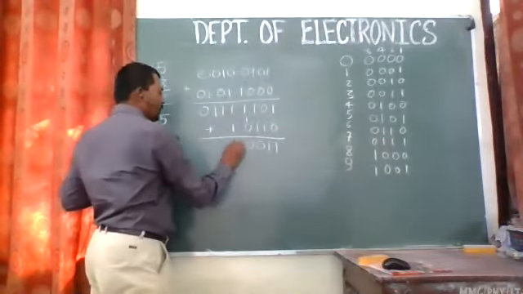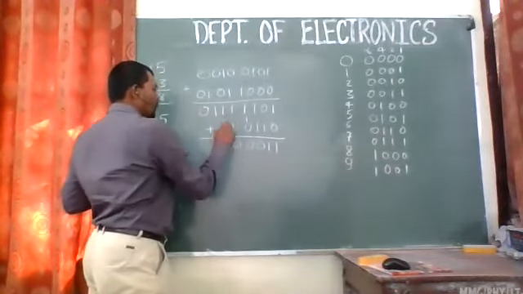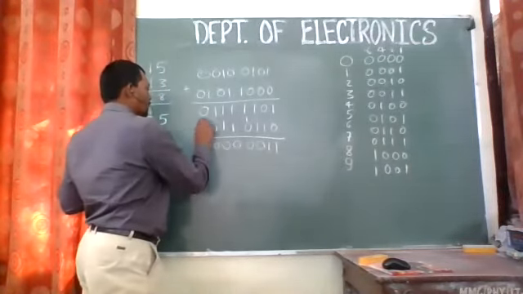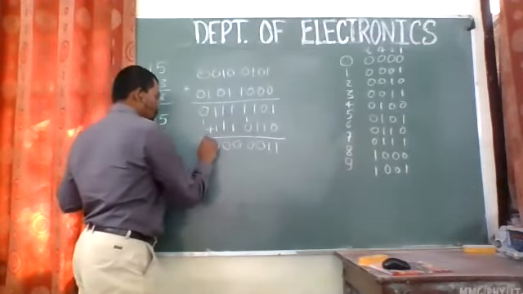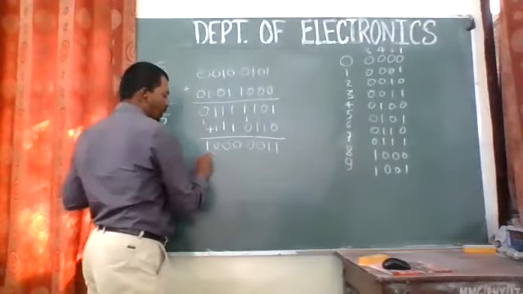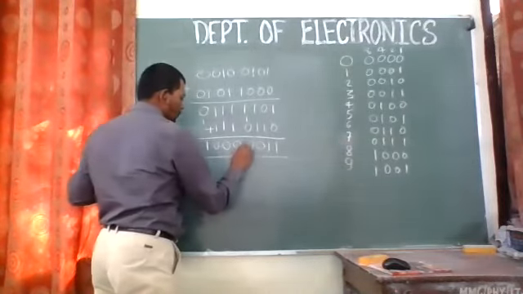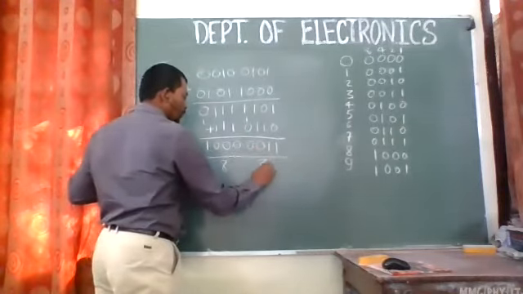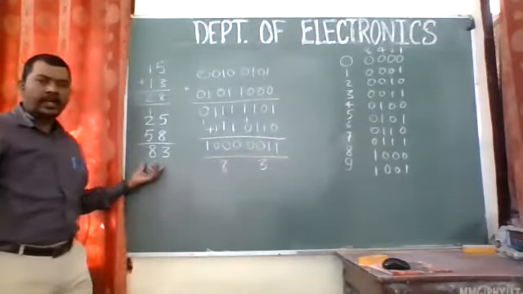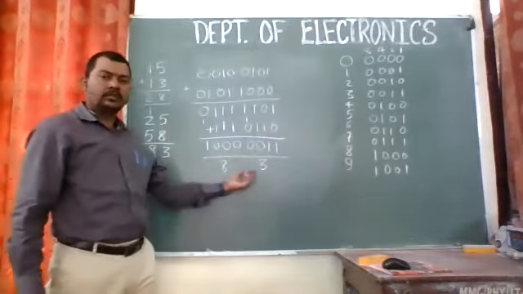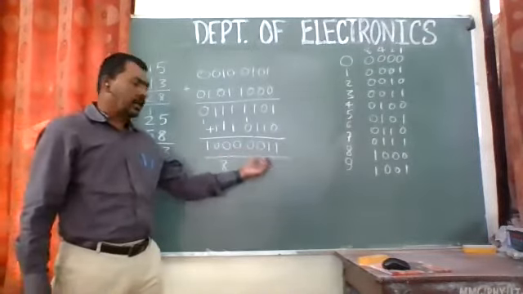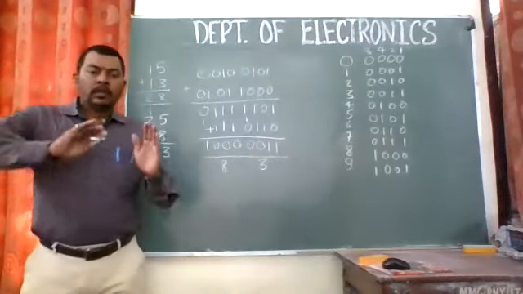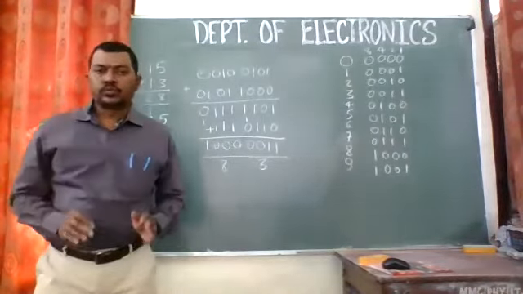So 1 plus 1 is 0 with a carry 1, 1 plus 1 is 0 with a carry 1, 1 plus 1 is 0 with a carry 1, and 0 plus 1 is 1. So if I'm able to see, the output is this 4 bit stands for 8 and this 4 bit stands for 3. So the result is 8, 3. So this is 8, this is 3. 1, 0, 0, 0, and this is 3. I guess you have understood what I have done. I'm just trying to tell you.